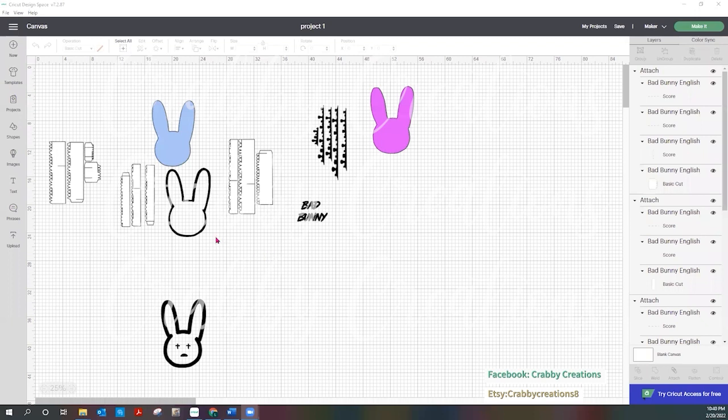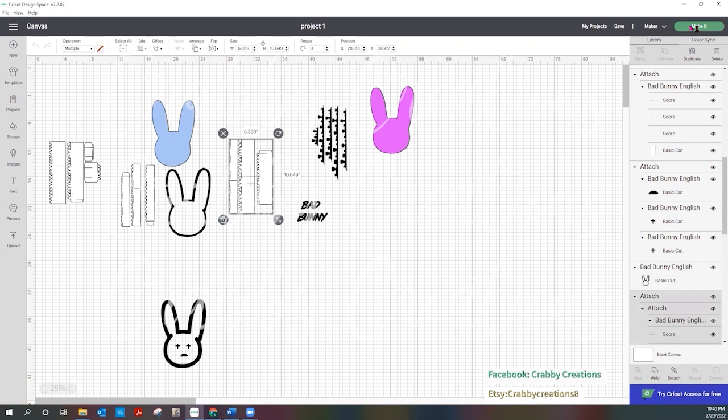So now that that is done, each one was scored and attached. Go ahead and move them into threes. The last two small ones can fit as one, and attach them. So when you go to make,